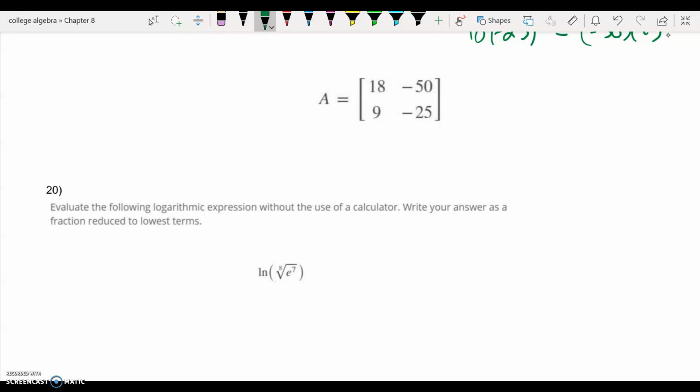Last one, it's very important that you rewrite this. So e to the 7 over 8. Nice thing is natural log and base e cancel each other, so your answer is just 7/8. So that's a quick